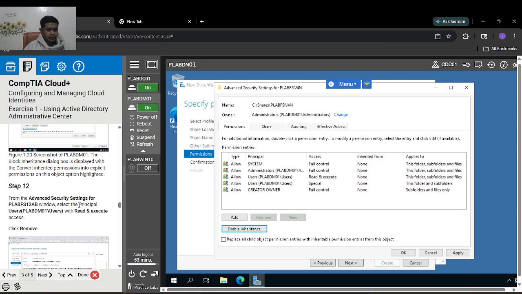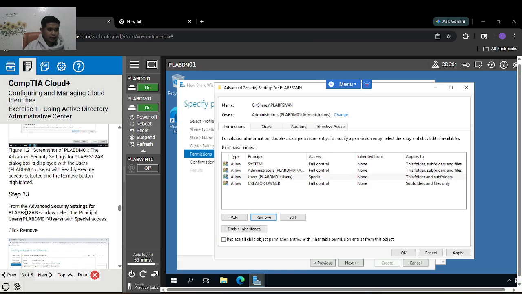Step 12, from the advanced security settings for PLAB window, select the principal user PLAB M01 user with read and execute access. So click remove. We're done.